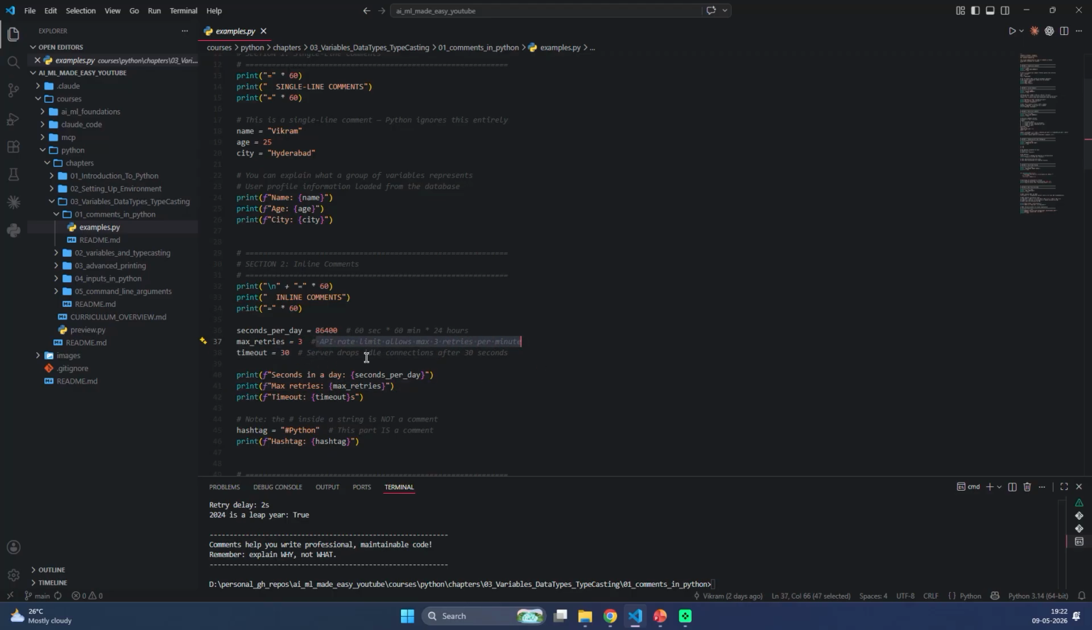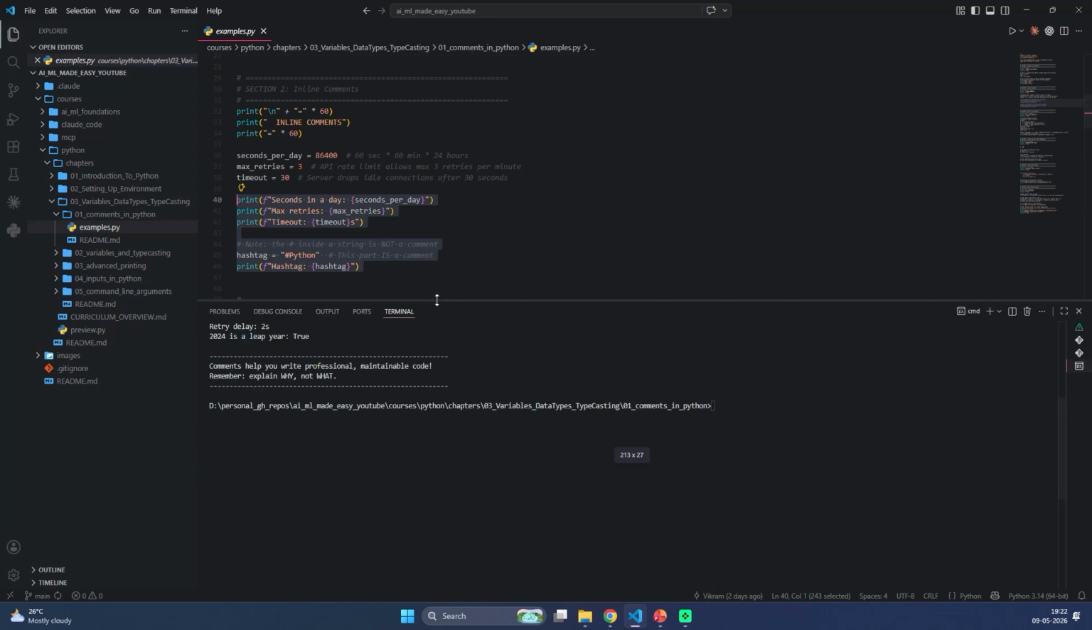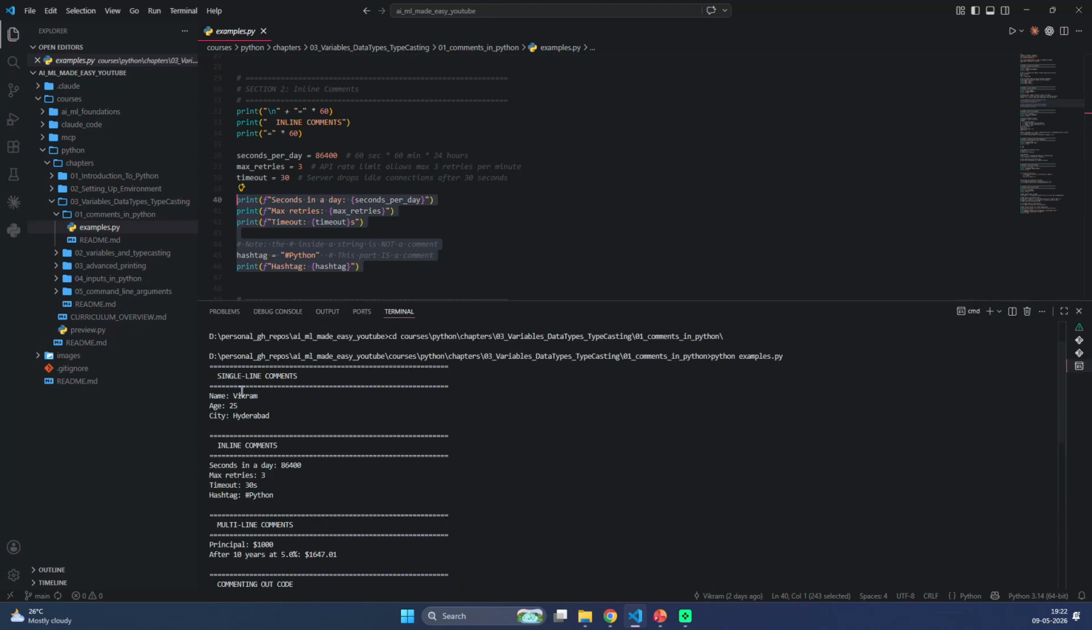Timeout is 30. Server drops idle connection after 30 minutes. Okay, so if I just say it is a timeout, people don't understand anything. So I have to say why the timeout is 30, because timeout, everyone knows it is a timeout, right? But why 30, you have to mention here, right? That is the comment. Okay, and then certain print statements, you can see these are getting printed, when I run